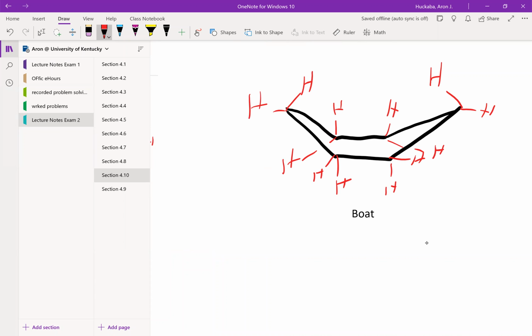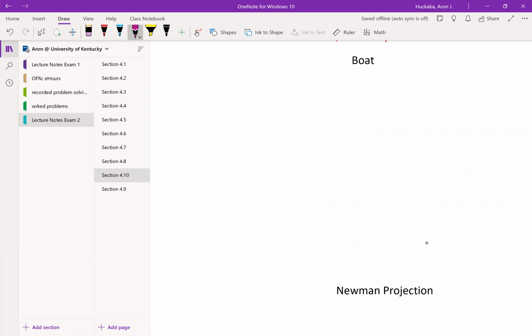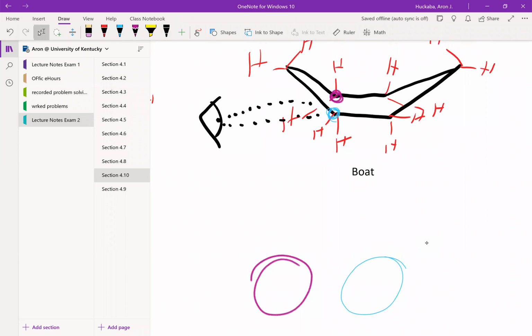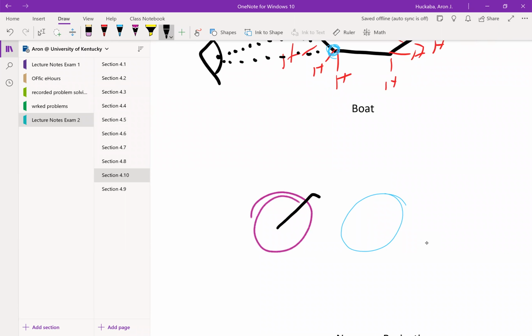And the boat conformation is also stable, like the chair conformation is, but it's a little less stable. And the reason why it's less stable can be seen from its Newman projection. So let's focus once again on that carbon and this one. And using our eye here, let's have a look at these two. Okay. So looking at the Newman projection of these two, the purple was on the left, and the blue was on the right. Now we have both going up, okay? So if we have both the front and the back going up like this, and then we draw in our hydrogens here,